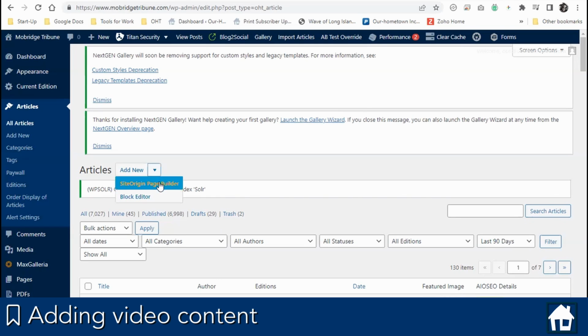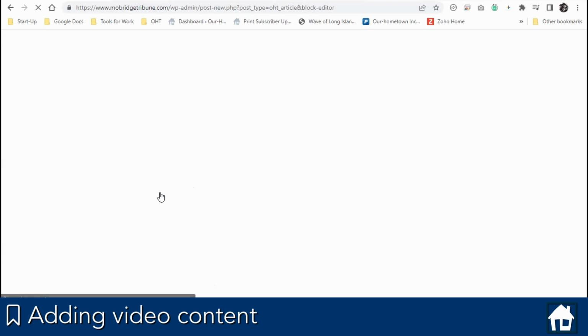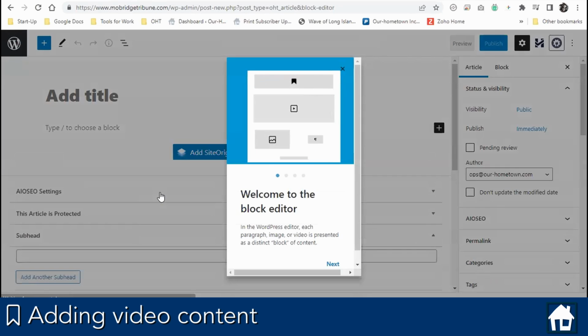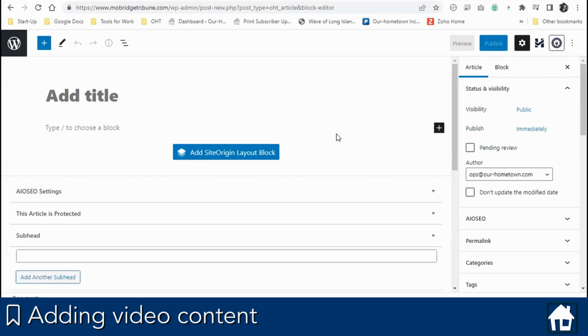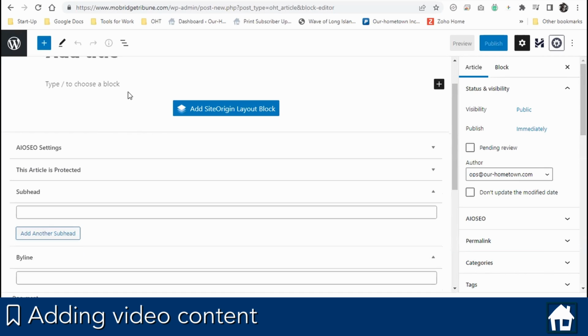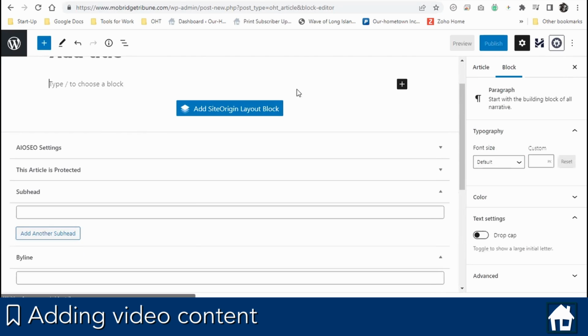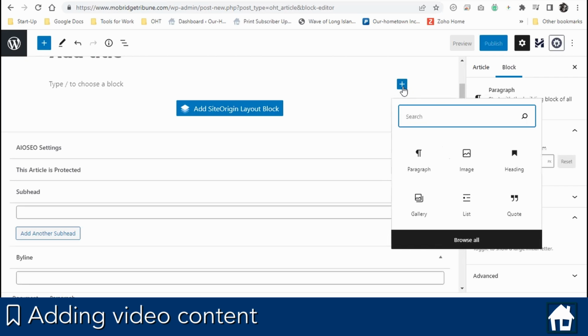All right, so what I want to show you is the block editor. This is another way to do an article, and it actually is a little bit more appealing and easy. So here's where your title would go, and then here is what's called a block. So if I wanted to add a video,